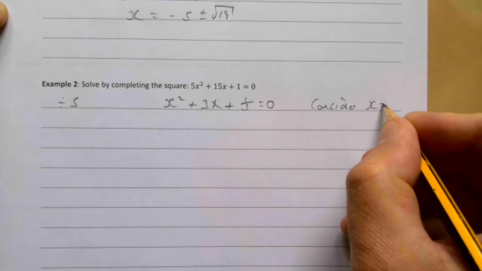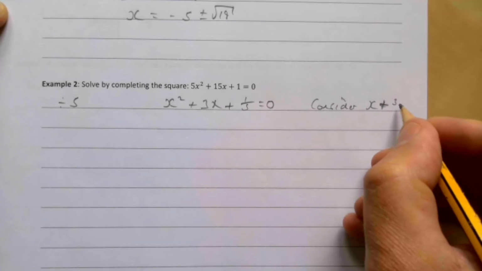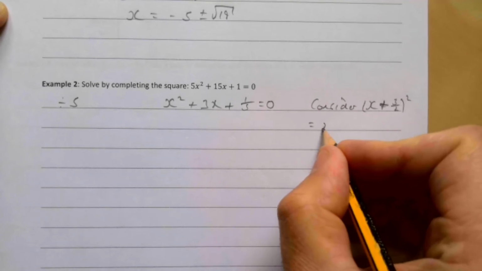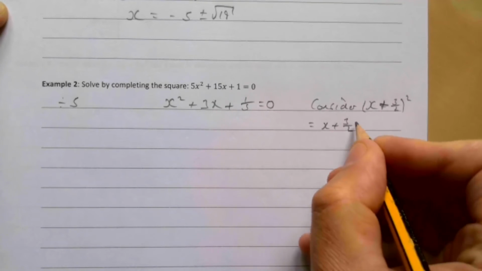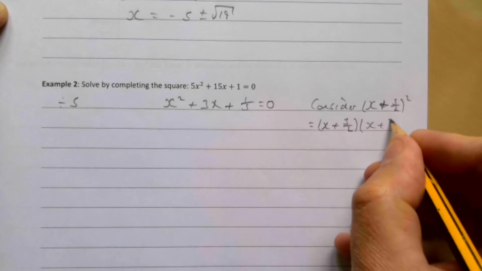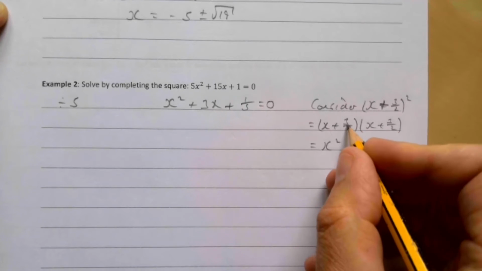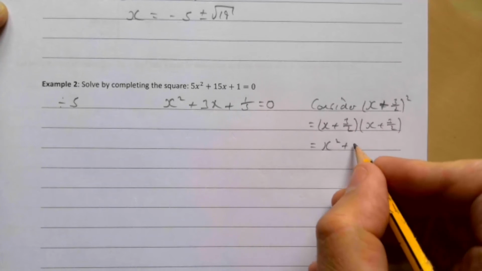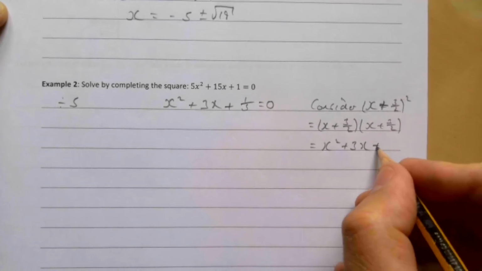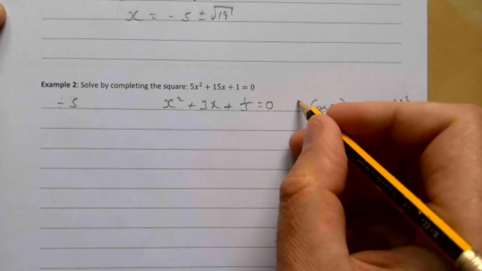x plus 1.5. I'm going to write that as 3 over 2, all squared. That's the same as x plus 3 over 2 times x plus 3 over 2. If I multiply that out, I get x squared plus 3 over 2 x plus 3 over 2 x, which of course gives me my plus 3x. And then if I square that, top times top, bottom times bottom, it gives me a 9 over 4. So keeping that